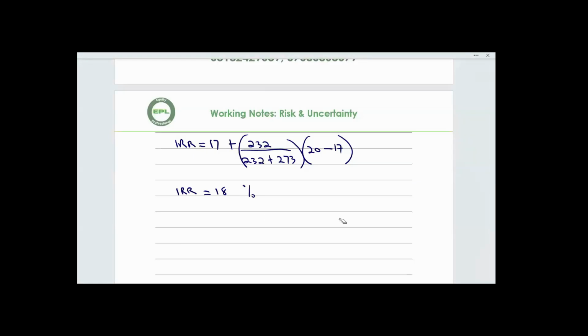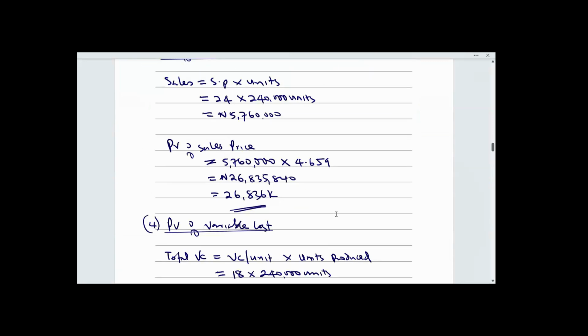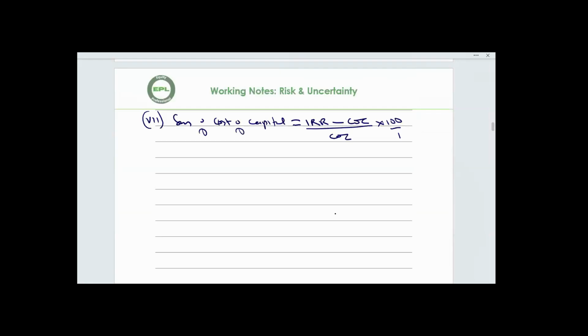This is 18.38%. Now that we have computed the internal rate of return, we can proceed to calculate the sensitivity margin of cost of capital. So IRR is 18.38 minus the cost of capital, according to the question, 17%, divided by 17%,